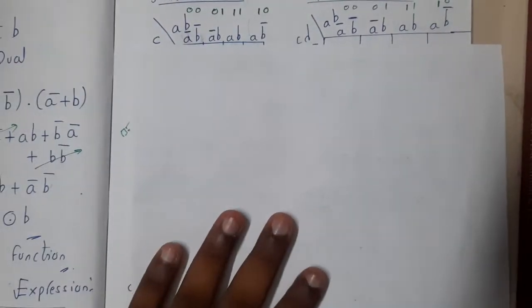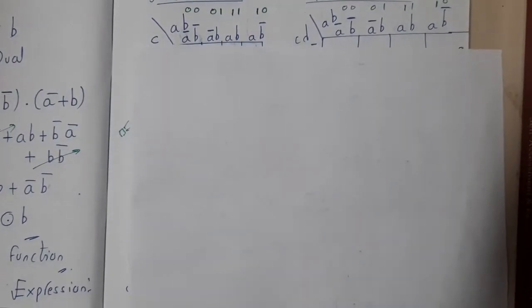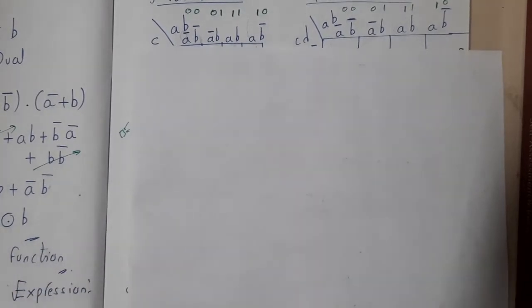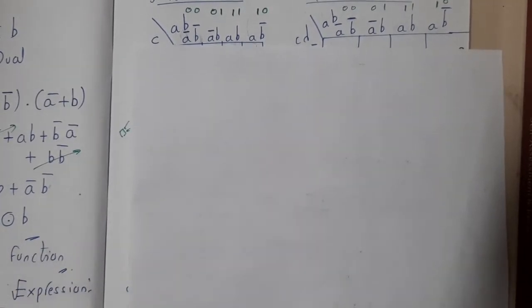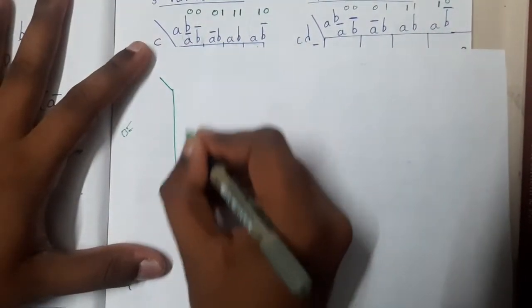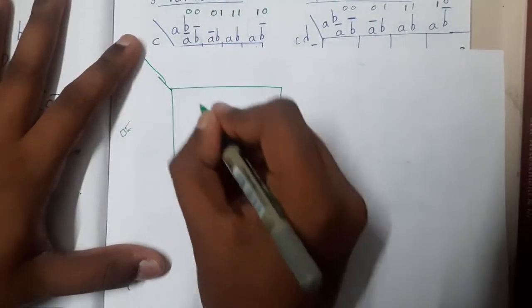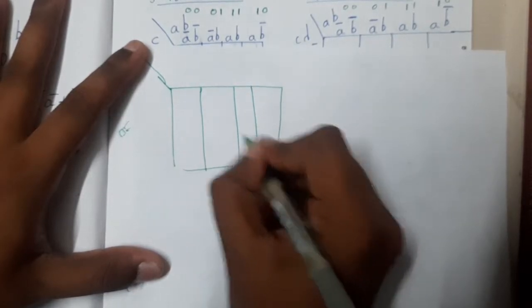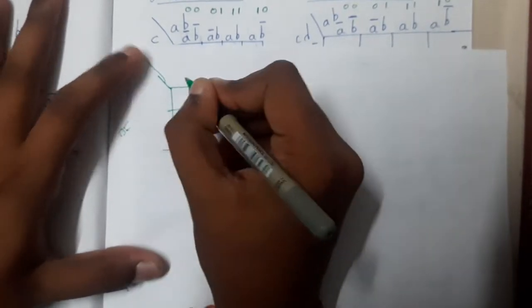Guys, even when you are asleep, if someone wakes you up and asks you to draw this K-map for 4 variables, you should be able to draw it. That kind of practice should be there, guys, for these kinds of things. So let us draw for 4 variables now. 4 variables means 4 things should be there. 1, 2, 3. Done. Okay.